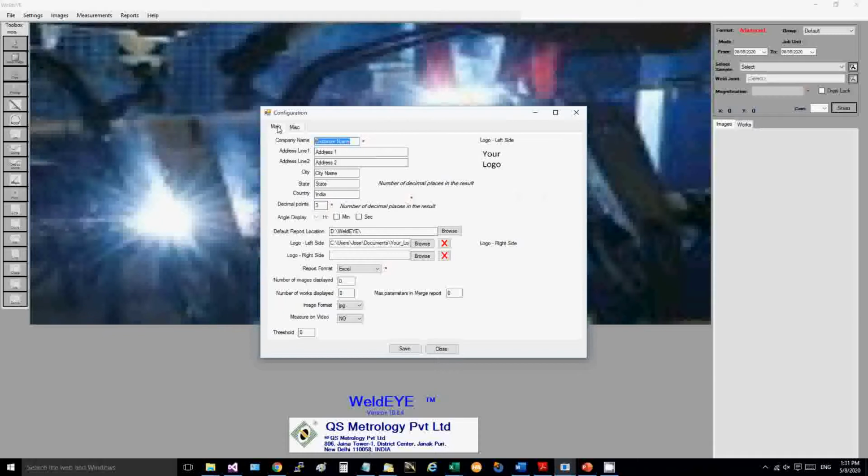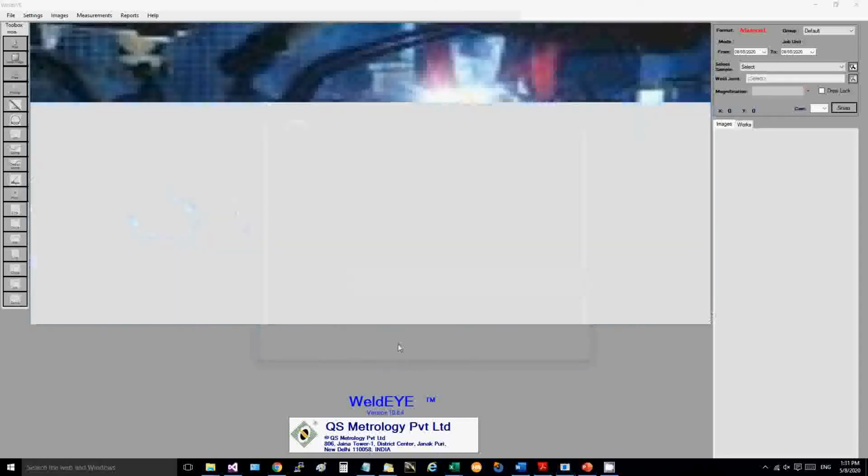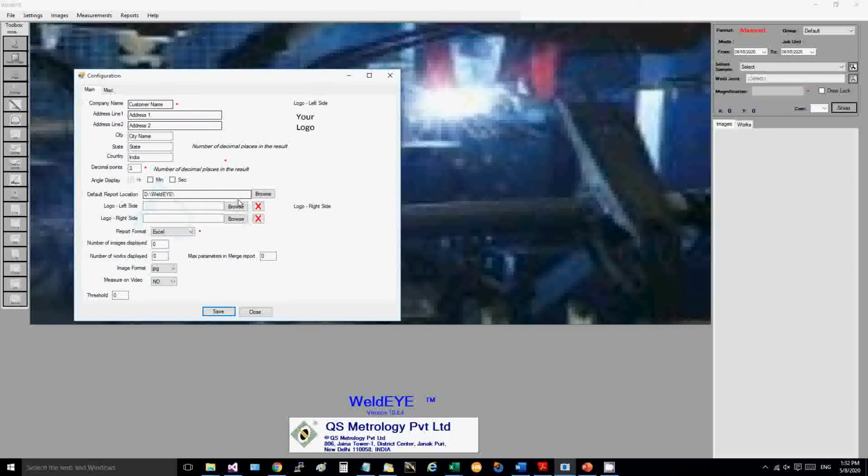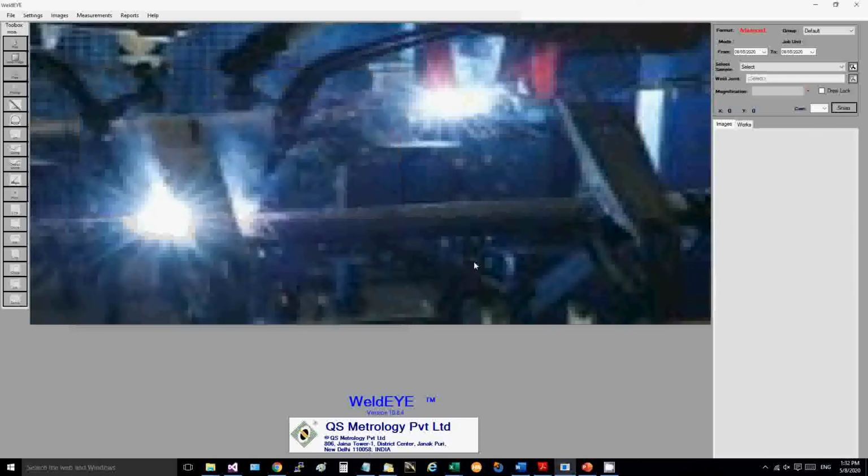reports. So once you have done your master data setting, you can save it by clicking on the save button. You will get a message that the configuration data is successfully saved. You can edit this data anytime. If you want to make further changes, if you want to change the report format to PDF, you can just come here, change the format to PDF and save. The data will be saved.